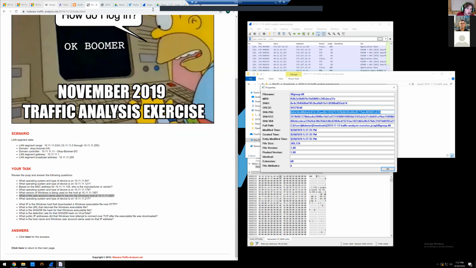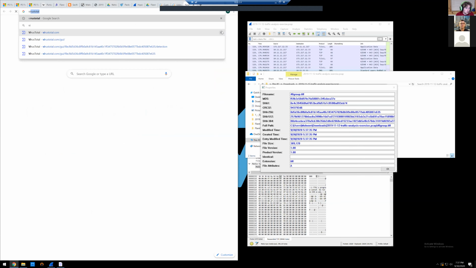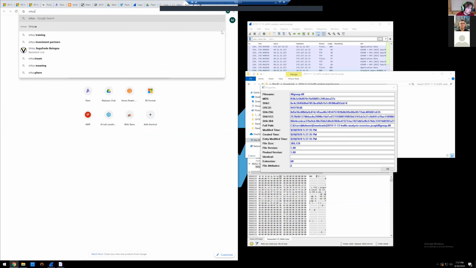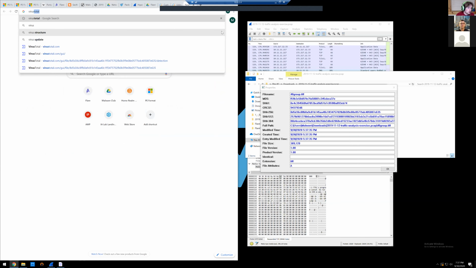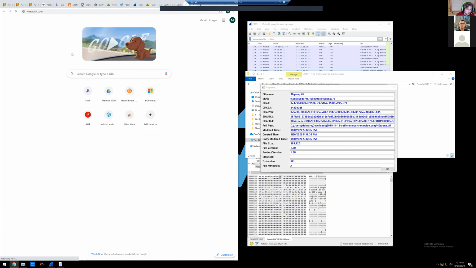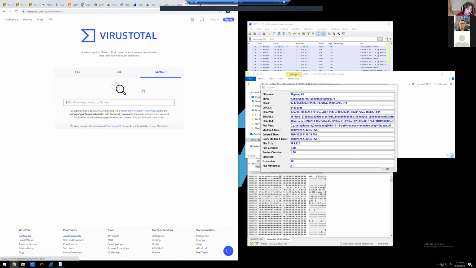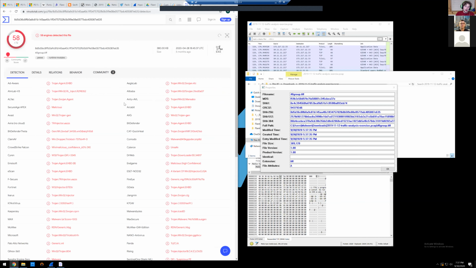You copy that, and then you go to somewhere like VirusTotal, and you could upload the sample directly, or you could just search for the hash, which is what we're going to do. And voila, you have identified a malicious piece of software that is being